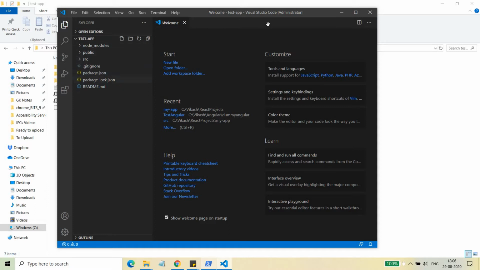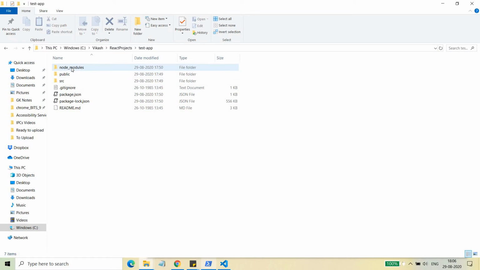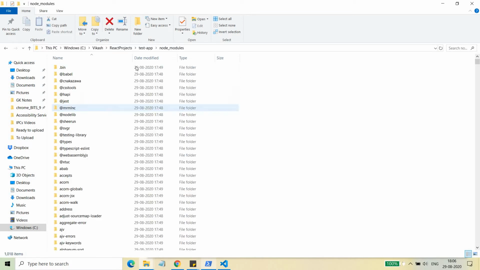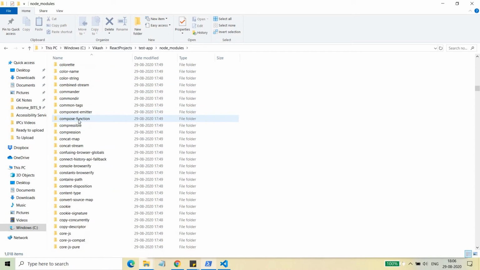So let's see what all of these are. When we started downloading the libraries using the command npx, or you can say npm, all the libraries which are needed for our React application came to this folder. The name of the folder is node_modules. In node_modules, you can see all the types, Babel, I will tell you about Babel, what it is, and all these things are coming here. And you can see that there are a lot of libraries here, right?